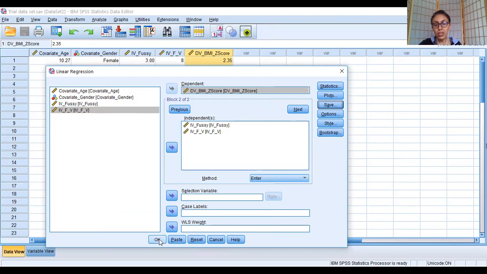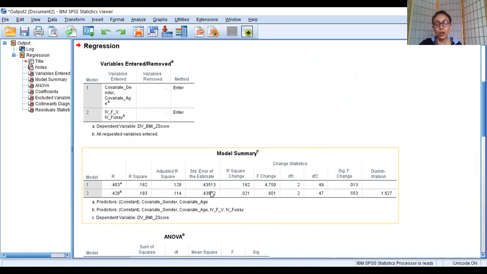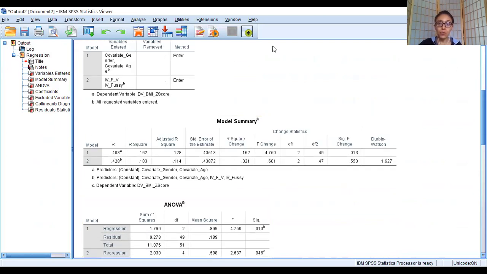Then you just press OK, and then you have your answers in another window. And I'll just share with you how the answers look, just briefly. All right, so this is how the answers look, students. I hope I'm sharing the right window with you. Let me just confirm. Yes, I am.